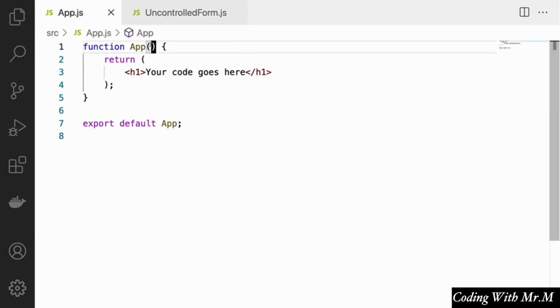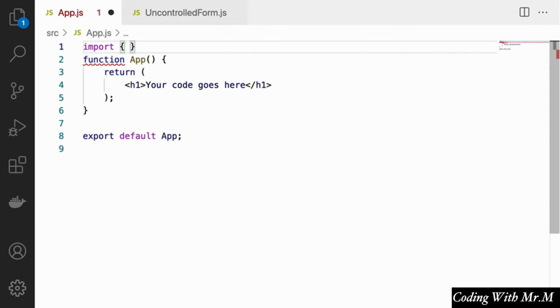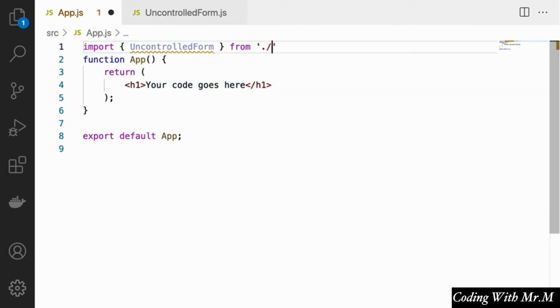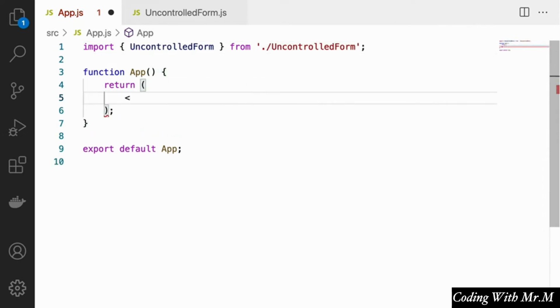The way that we're going to use that in our higher component here would be to do something like this. We would say import uncontrolled form from uncontrolled form. And we would just display it in here like this. And let's go see what that will look like. We're just going to enter something in here